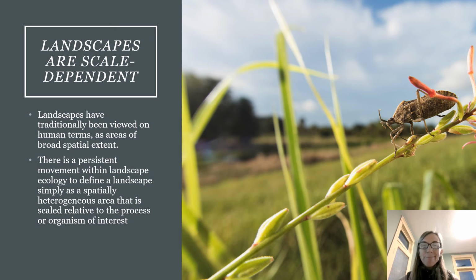So this kind of view broadens the definition of landscape and really the domain of landscape ecology. From this viewpoint, any type of spatial distribution at any scale could be a landscape. I think this perspective is important because it recognizes that landscape ecology is not simply regional ecology or broad scale ecology, but more of a research paradigm for investigating the effect of spatial pattern on ecological processes at any scale.